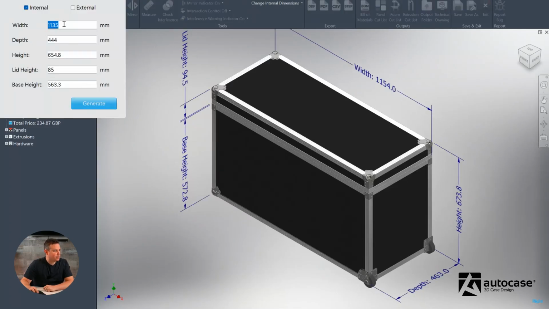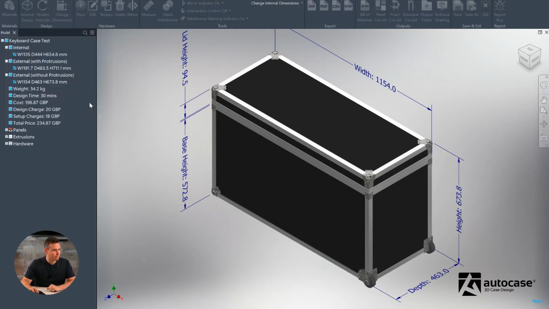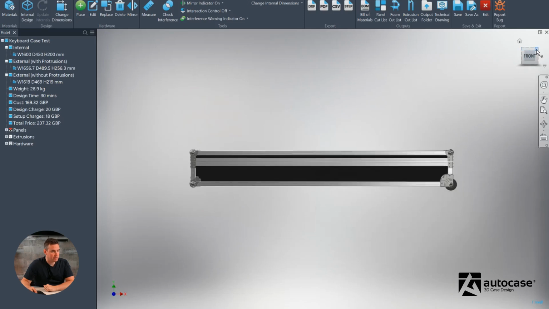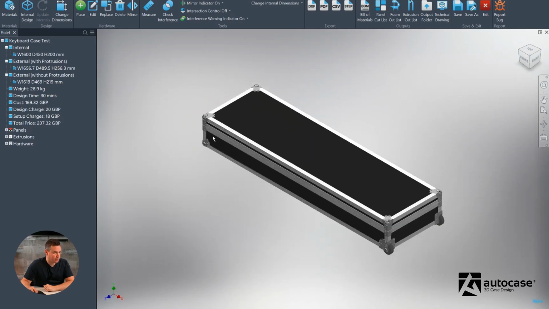We'll go to our dimensions. We'll choose something along the lines of 1500 millimeters. Depth is probably okay. Height, we only might need 200 millimeters, and we'll make our lid height smaller. Okay, so now we have a case that resembles a keyboard case,